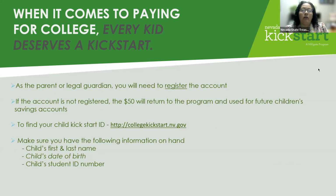As a parent or legal guardian, you will need to register the account. As a lot of you are parents, or even just teachers, you can help guide the parents to be able to do this. If the account is not registered, the $50 will return to the program and it's going to be used for future children's savings accounts. So to find your child's Kickstart ID,